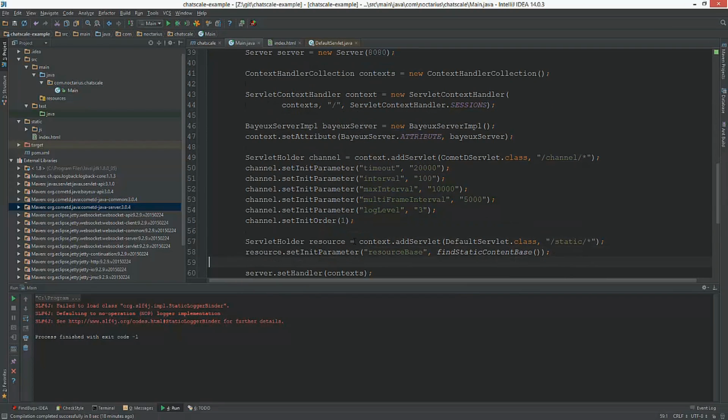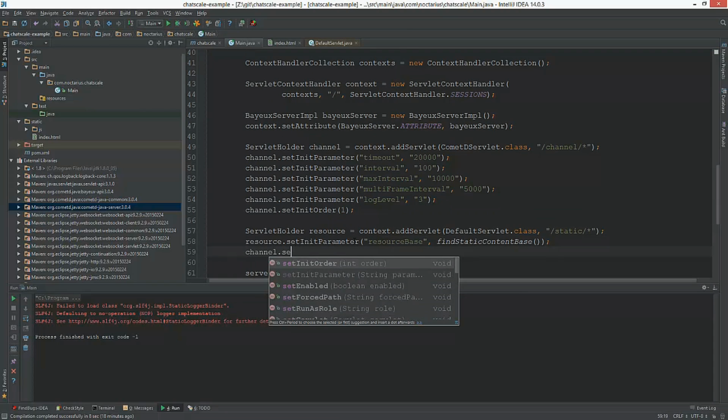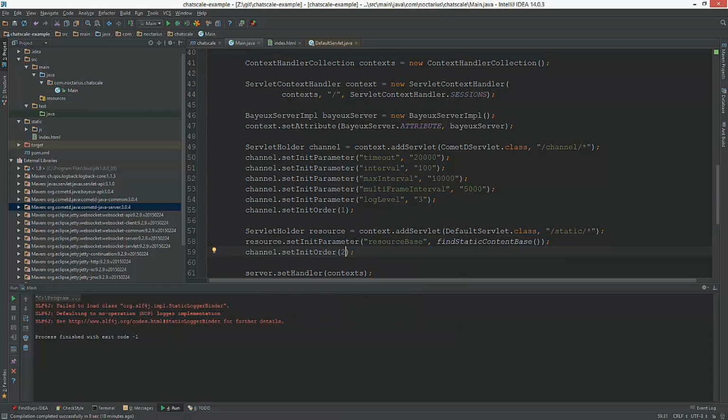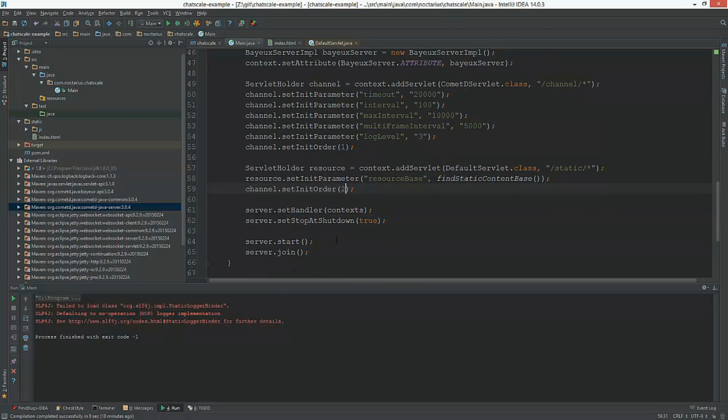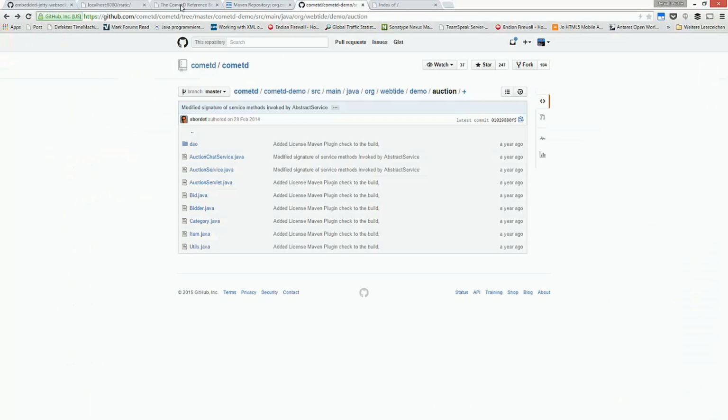So let's add an init order here as well, and I think that should be it. So let's see if we can start it again. And what should actually happen is we should see connecting between the different systems. There you go.